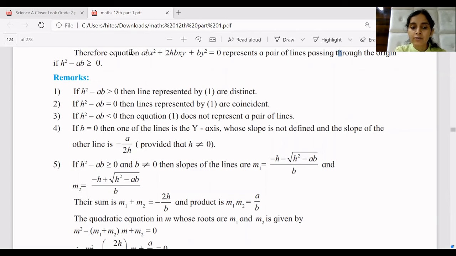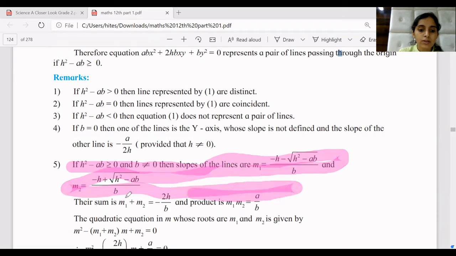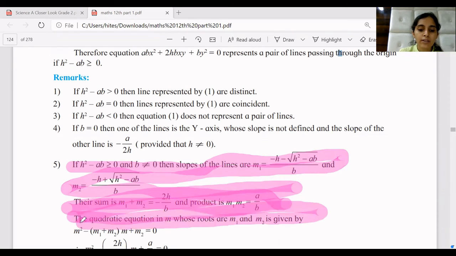If b is 0, we have observed we get two lines which pass through the origin. If h square minus ab is greater than or equal to 0 and b is not equal to 0, then we get two lines with different slopes m1 and m2. Now this fifth point over here is very important again. This entire fifth point we have to remember while solving the sums. H square minus ab, slope m1, m2, m1 plus m2 and m1 into m2. We require them to get